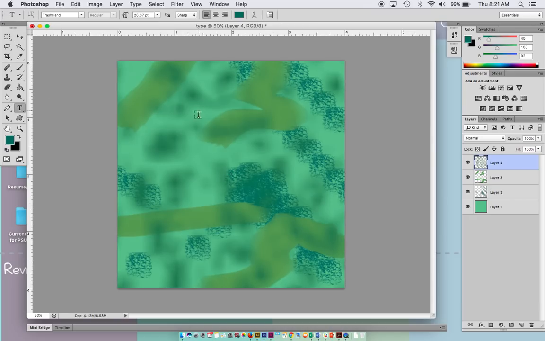Now I'm going to get my T-tool, and I'm just going to click once, and you'll notice once you use your T-tool, it's going to make a layer with a T, and as you type a letter, it will show up as that layer's name. So I'm going to type the letter A,